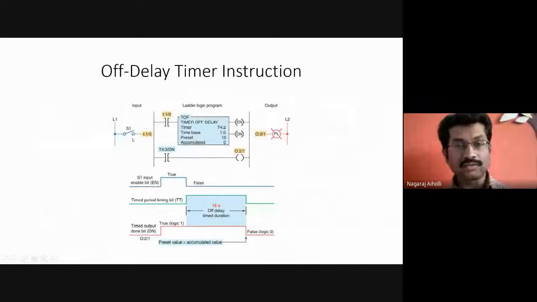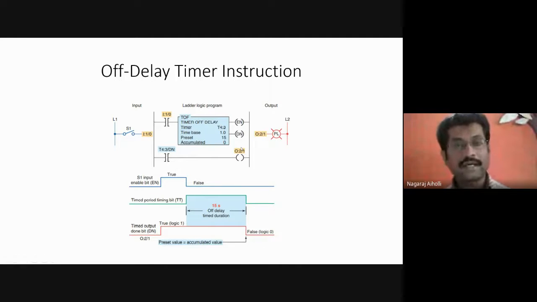Even in the switch released condition, because of this timer, the output, that is the lamp here, will be glowing for 15 seconds. After 15 seconds, only then will the lamp become off. Otherwise, there is no use of the timer, is it not? Why do we have to use the timer?